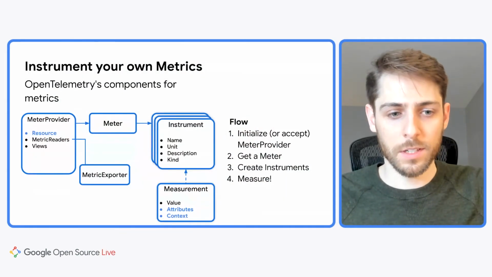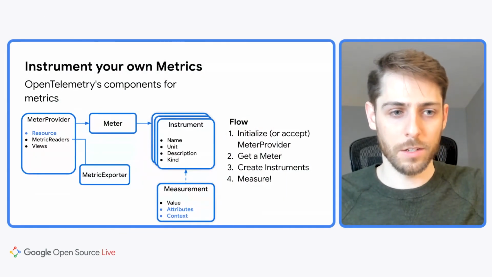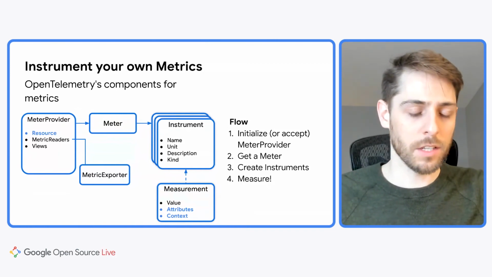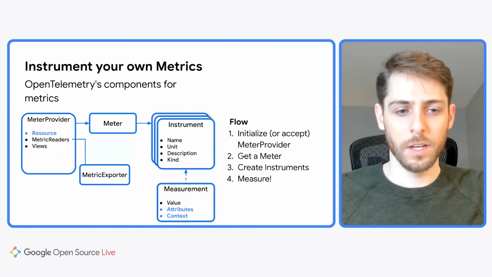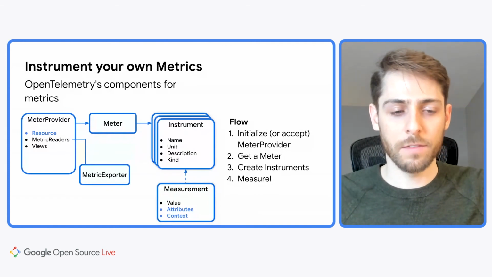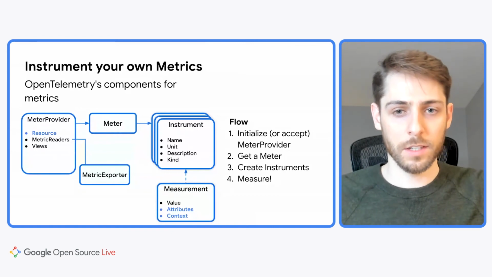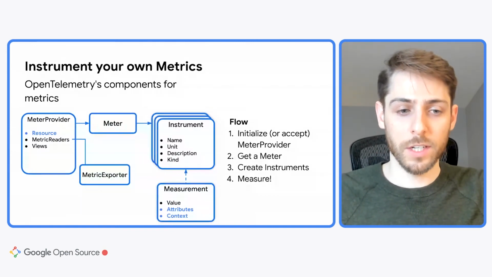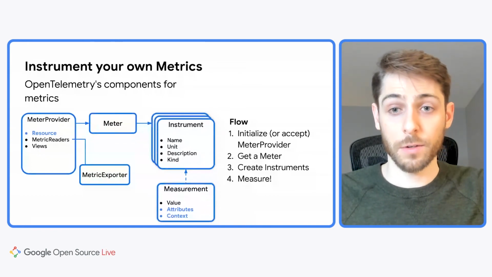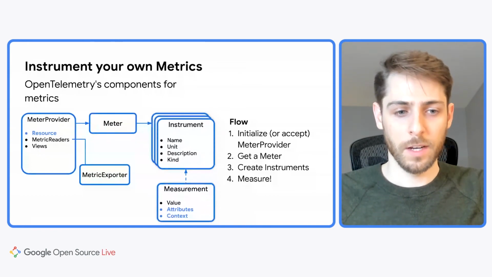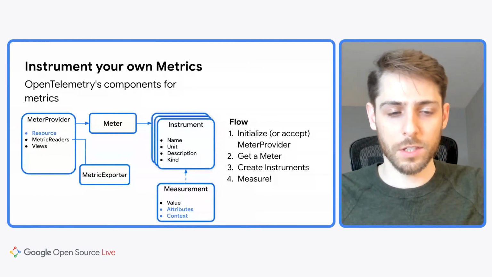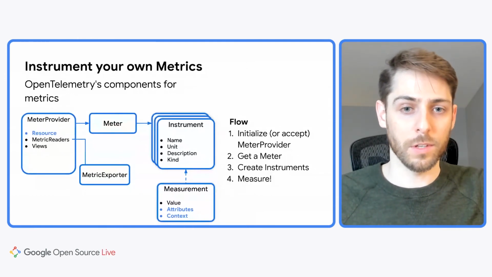And this isn't a coincidence. The idea here is to correlate your telemetry. So the resource is where the data is coming from, and you can match that up with where your traces are coming from. And in measurements, you have attributes and context, which are generally the same thing as they are in tracing. In fact, since the context holds the trace context, that's how exemplars work that we saw in the demo. When we see a context, we can extract the trace context and say this metric is correlated with this trace.